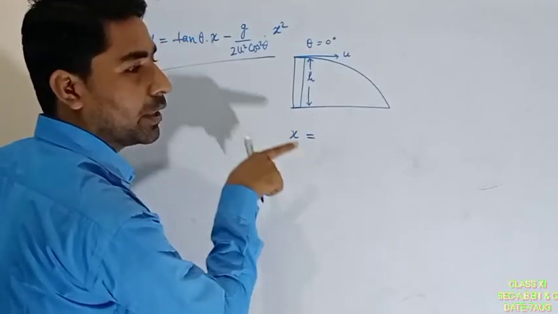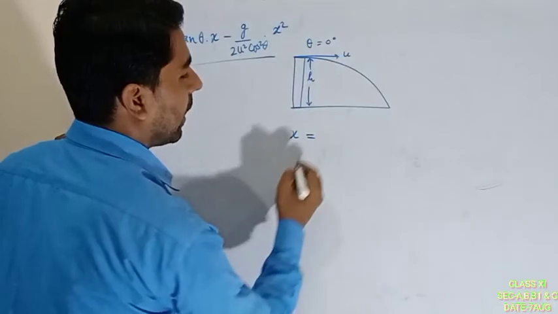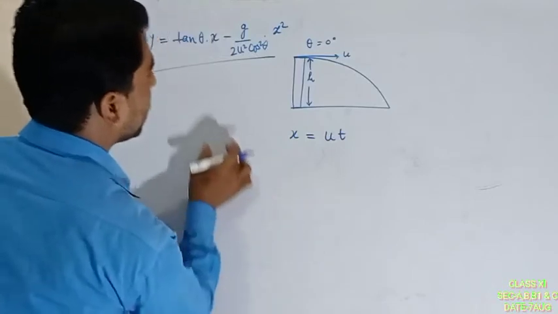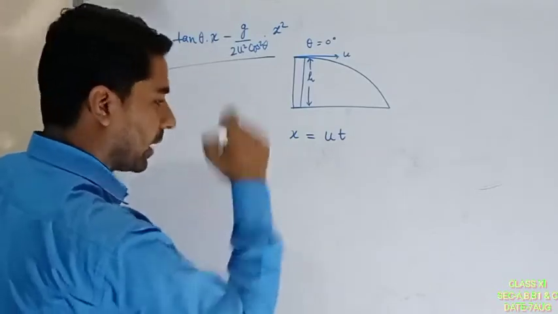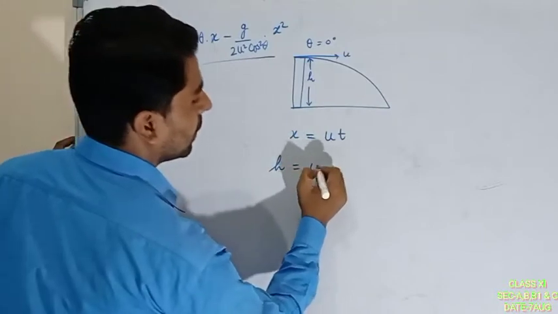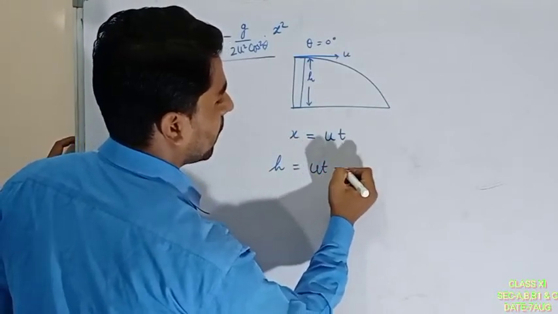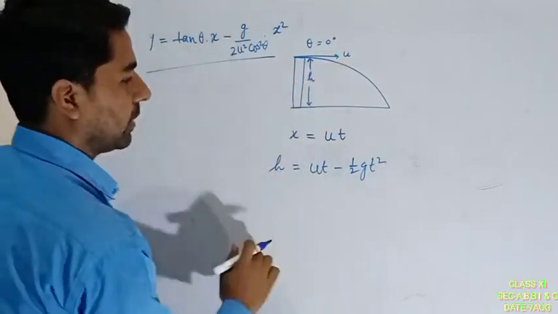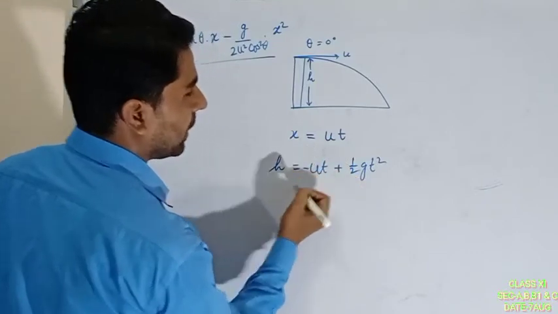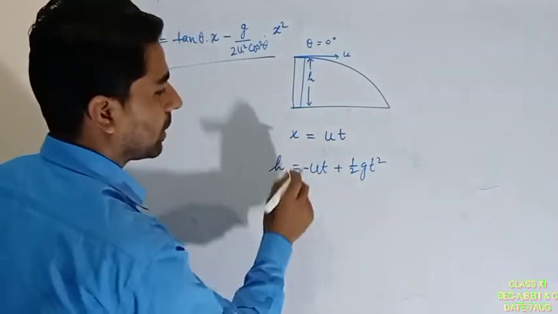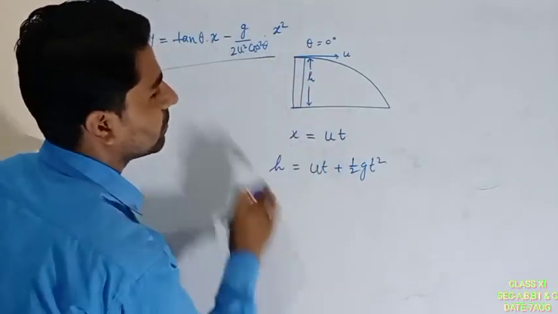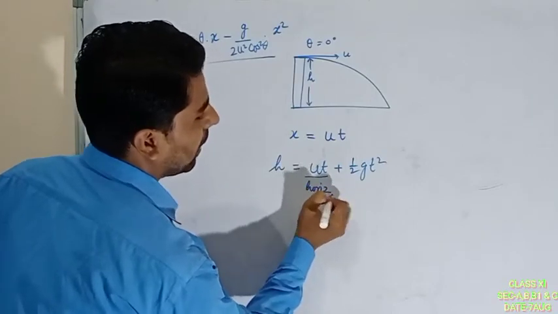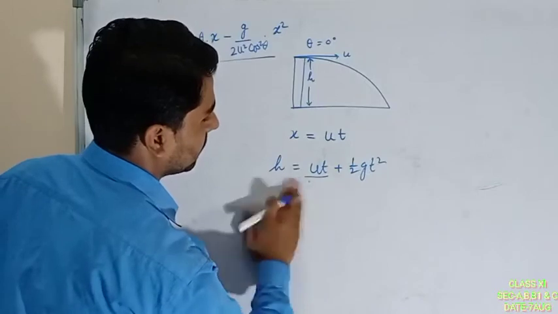At that time I had taken u cos theta into time, but here x will be only u and time t. And when you put the same u into t in y is equal to, I'm again writing the equation to remind you, minus half g t square. That was because it was thrown in this direction, but here it will be positive, only u will be negative. Actually it is not u, because don't put negative, because the u value is in this direction, and this part is for the horizontal component, and here